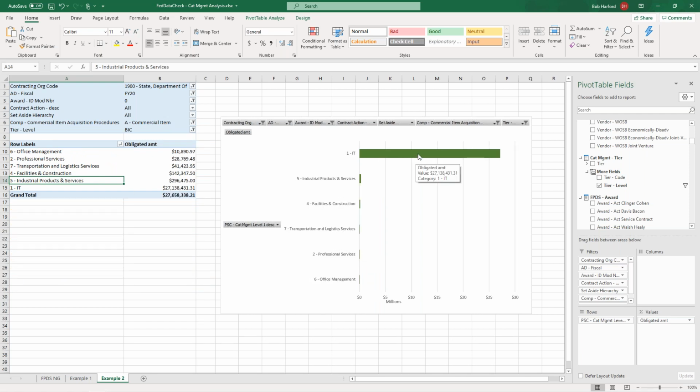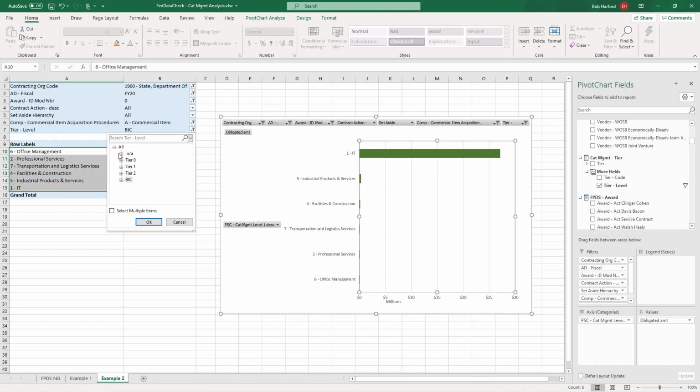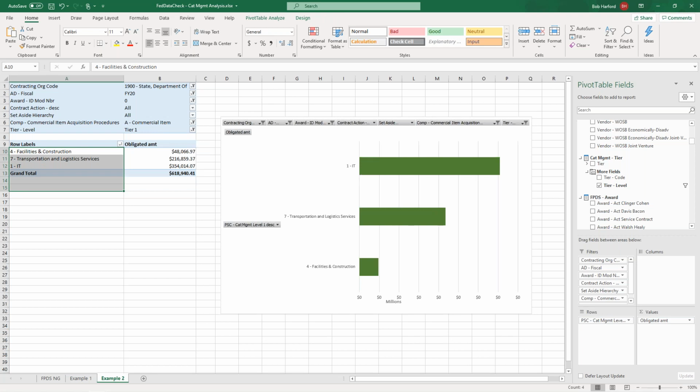Okay, well, my BIC spend is really being driven by IT spend. Not so much in these other levels. What's a level? A collection of PSC codes. Okay, so that's what my BIC spend, that's kind of interesting, really weighted towards IT. Let me look at my tier 1. Tier 1 is that lowest level capability, and on the category management maturity model, agency-wide, I believe it was, and the other factors, you can read that on the link I gave you.